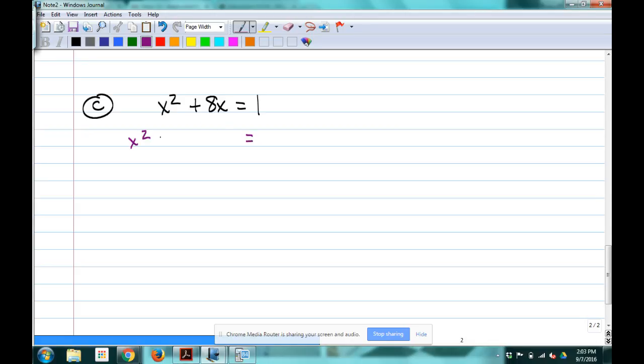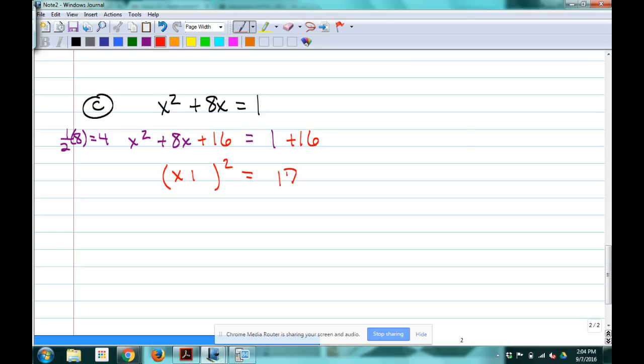So I'm thinking, okay, I just need to space this out a little bit. And how much am I adding to each side? Because half of 8 is 4. We square that. So I'm adding 16 to both sides. 17 on the right. On the left side, so my factor is